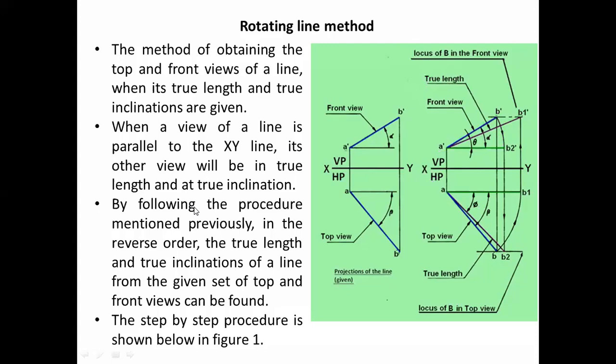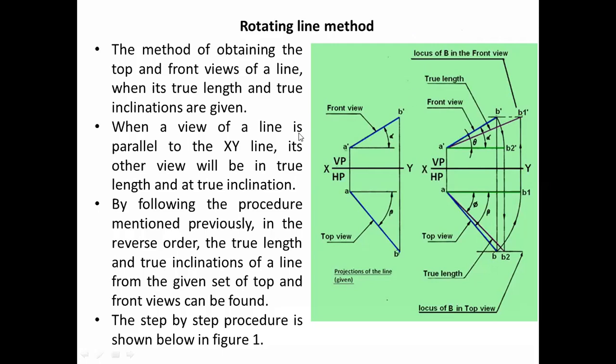Okay, so by following this procedure, we can get the true length and true inclination of a line from a given set of top view and front view. Understand? Either true length and true angles are given, or in other cases views are given and then apparent angles are given. Whatever may be, the main thing is that box. You first need to prepare that box, keep reading the problem statement, and whatever values are given, you fill up in that box. So ultimately you will get to know.